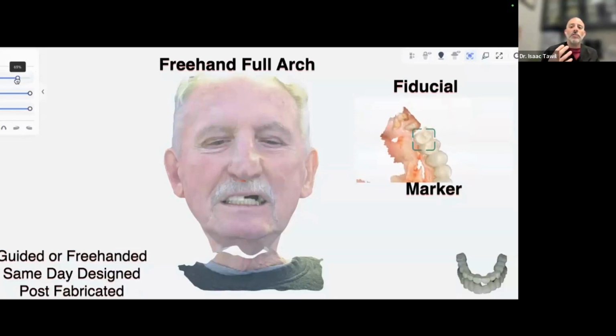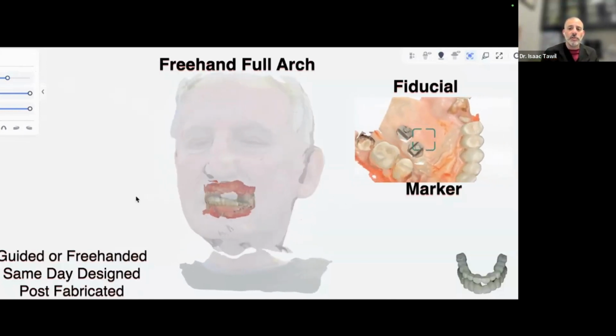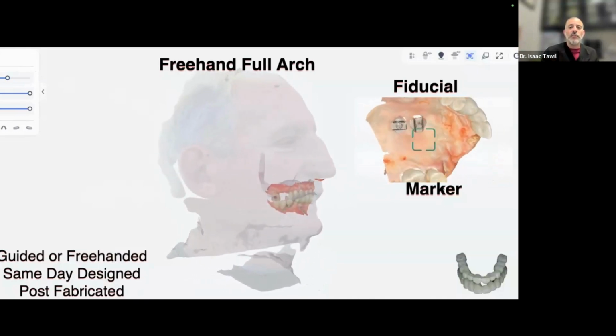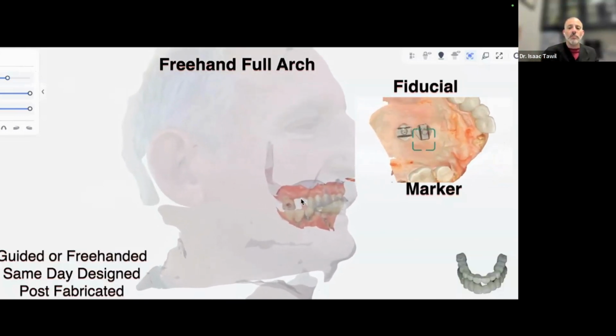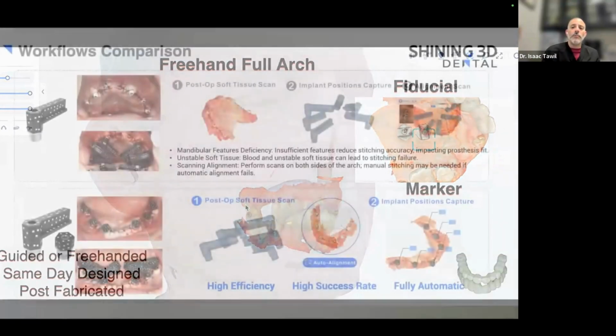We will scan to the fiducial marker. We'll scan the teeth to that fiducial marker. In this case, we have two fiducial markers that you see in the upper right corner there. We took a facial scan for the patient. We're going to remove all his upper teeth. And then we can do, again, one or two things.